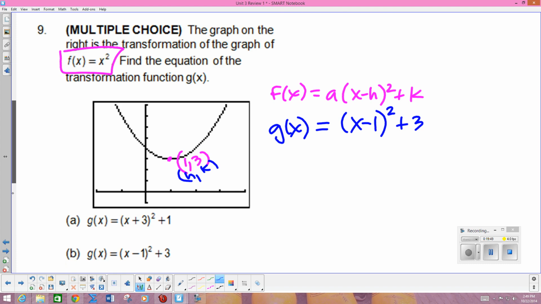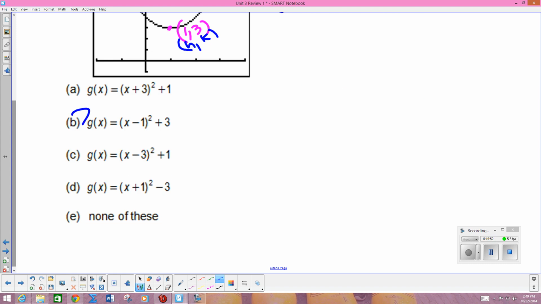And what letter would that match? Matches letter